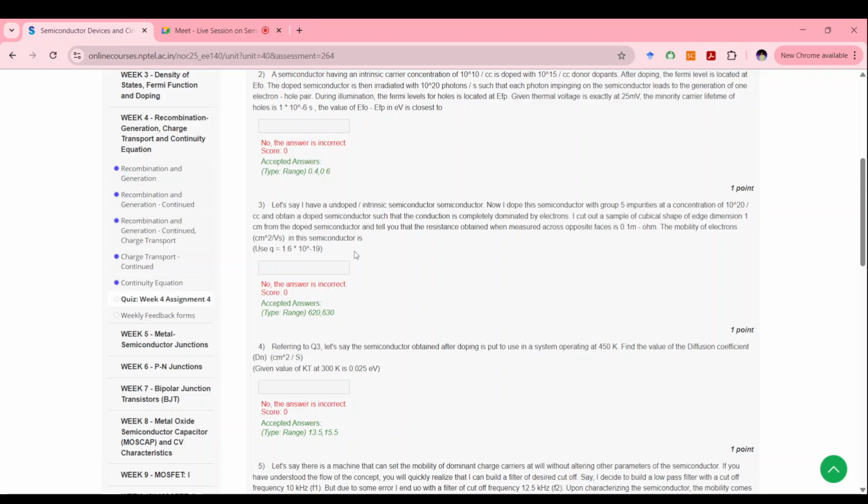So the third one, let's say I have an intrinsic semiconductor. Now I dope this with group 5 impurities at a concentration of 10 to the power 20 per cc and obtained a doped semiconductor